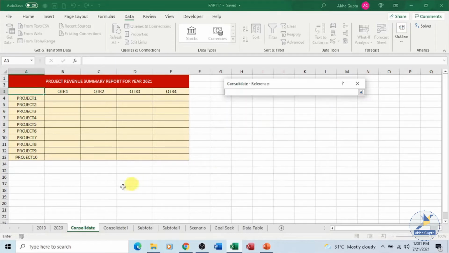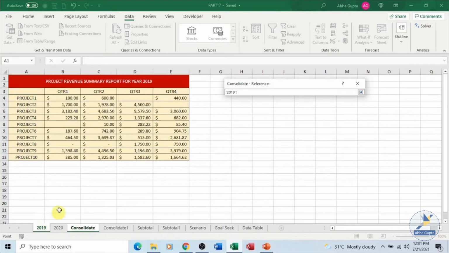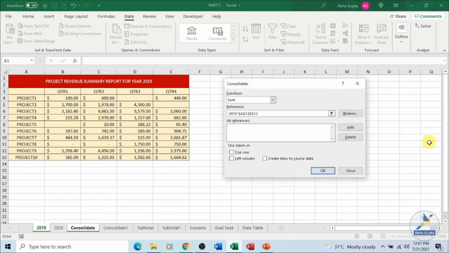Let's click over here, go to sheet 2019. I have this range which I'll be using for consolidation. You can see the sheet name and then the references of the data. Click on the drop down again over here and you have the Add button. Click on Add. The range reference has been added.